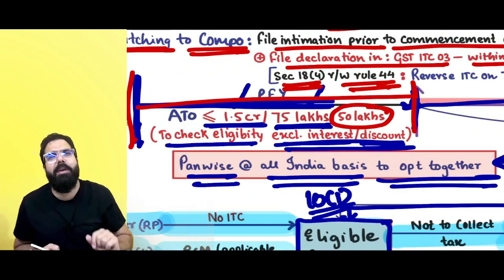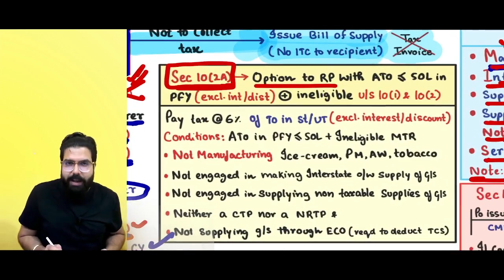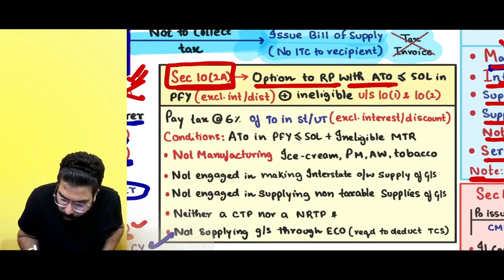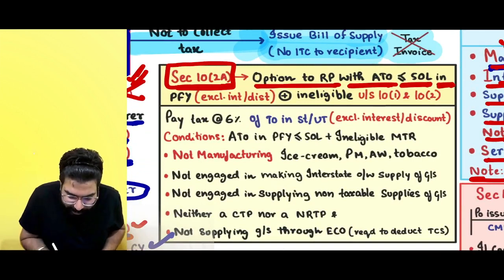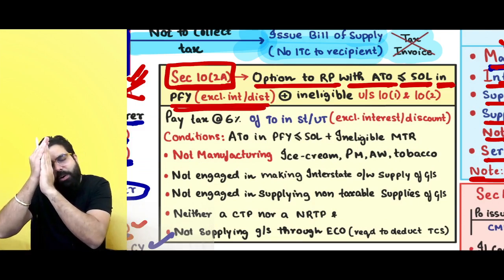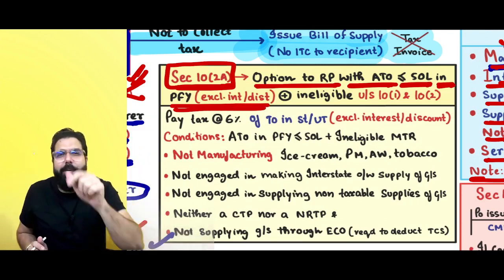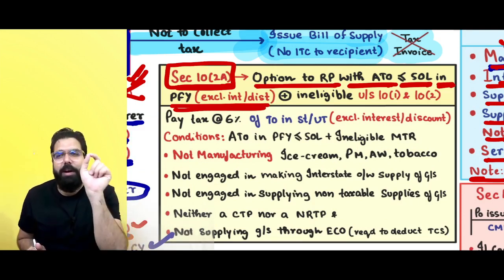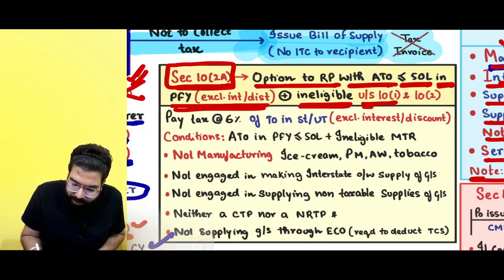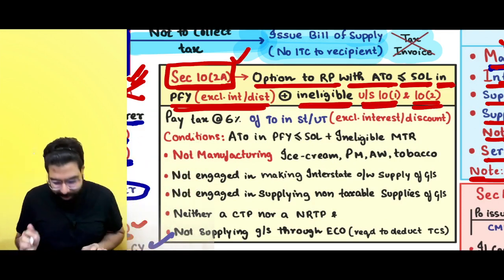Baba, any state, if your turnover was 50 lakh rupees aggregate turnover, then they are telling, option to registered person with aggregate turnover less than or equal to 50 lakh in the preceding financial year. So last year turnover, if it was up to 50 lakh rupees, then in the current financial year, I will have an option to opt for section number 10.2A. It says, if you are ineligible under section number 10.1 or 10.2, please come to section number 10.2A. They will help. Okay, sir.